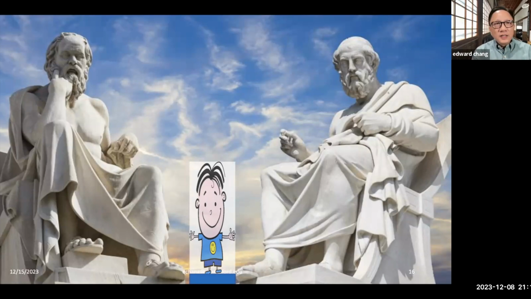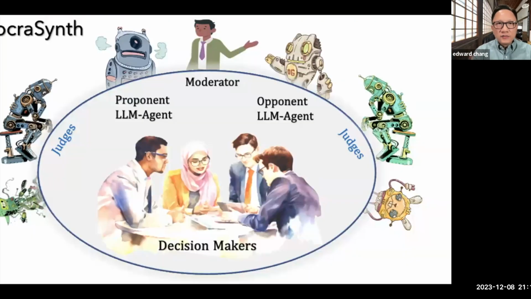I only pose a subject matter. And then I ask them to polarize their stance. One is supporting, one is opposing the subject matter. For example, abortion should be legalized or abortion should be banned. One is for, the other one is against. Then they do their debate, and the debate run after run, more insights will be discovered. So this is an architecture picture of SocraSynth.